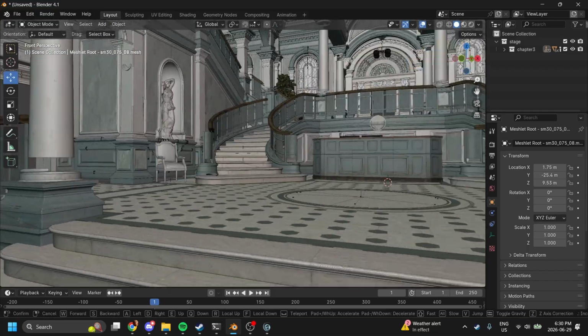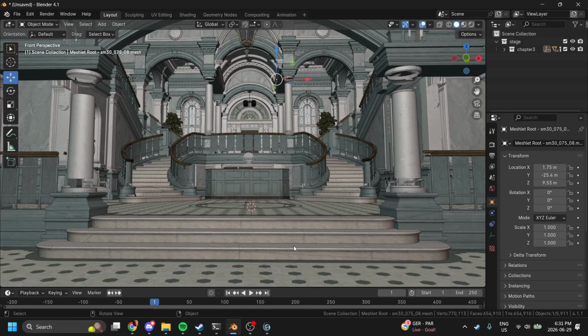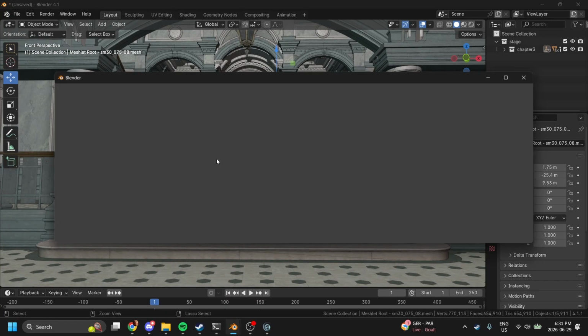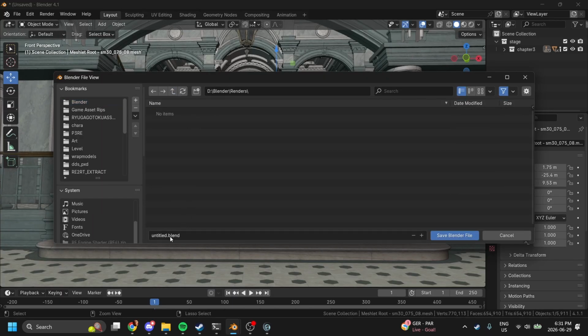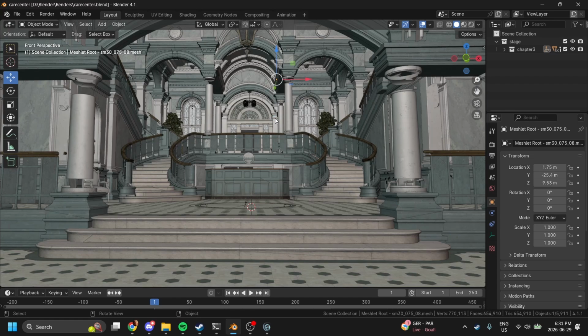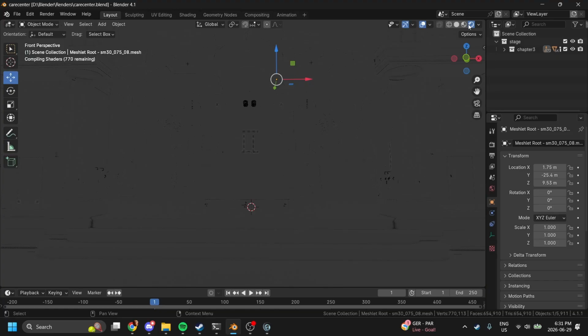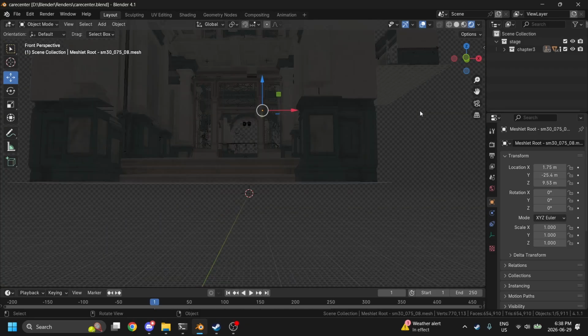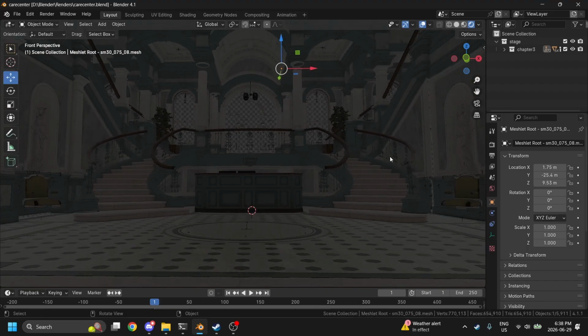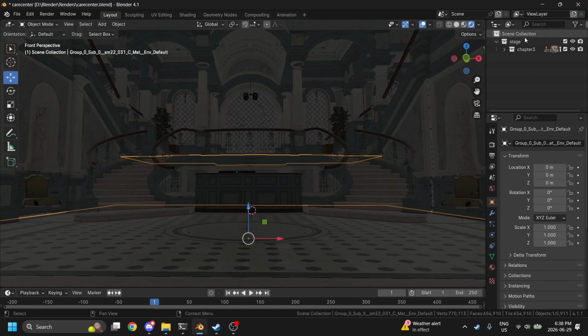Okay, before I do anything, because I don't trust my computer, I'm gonna Control S, and I'm going to put this in the renders tab. I'm just gonna call this Care Center, and now we're gonna open this in the viewport shading tab. I honestly thought it was rendered this entire time. It's exactly as I thought. Okay, wow. My computer did not like this, so I had to restart. Okay,